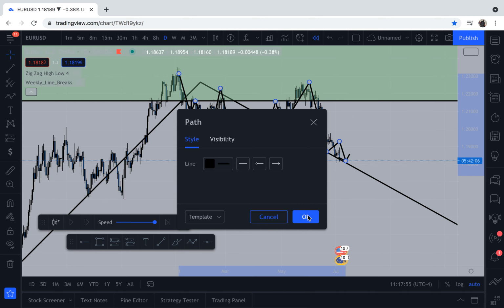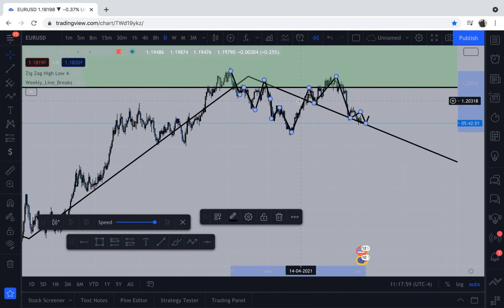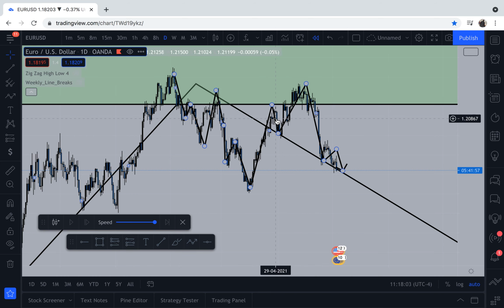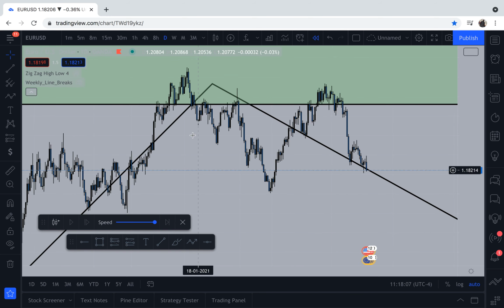So the key to not getting confused is sticking to your higher time frame area of interest. Do not chase the market. That's what a lot of people call chasing the market. Do not chase the market. Let the market come to you. So as we can see here,